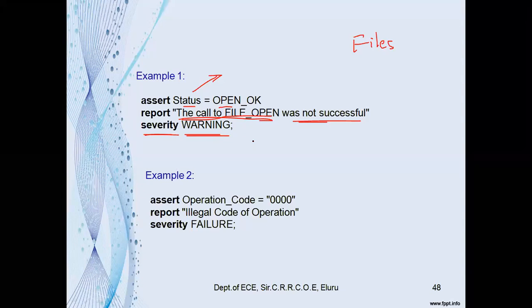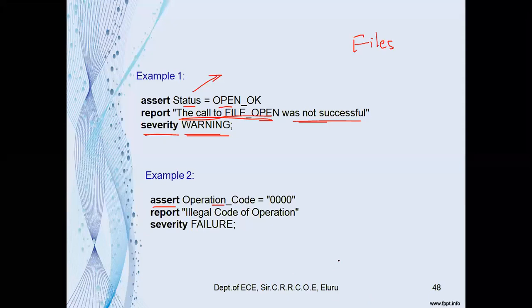So again we will go back to the file, and then we will check that file, and then again we will run those statements. And the second example, if you see here, this is a generalized example. This is also an assert operation code. So here the operation code is an input parameter, right? It is an input parameter, an input port, which is usually defined in the entity.